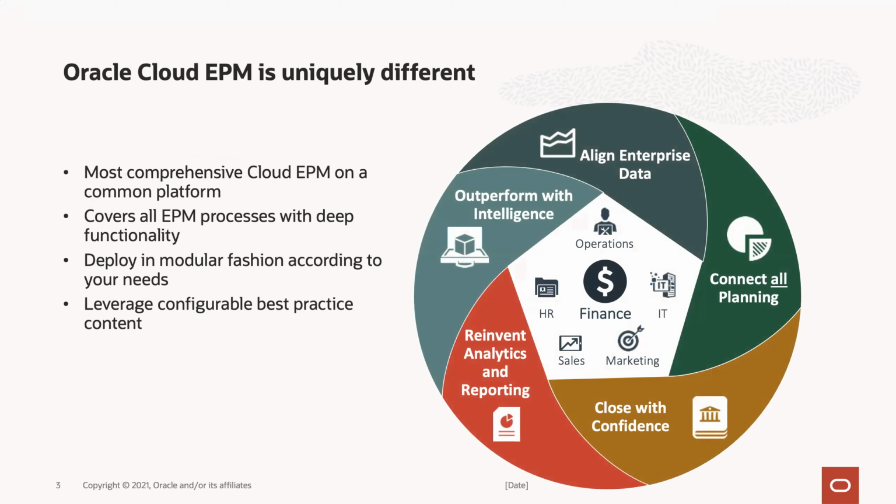So first off, just an obvious slide. Again, apologies for those of you who are regular attendees to webcasts like this, but for those of you who are newer, maybe to the EPM cloud, planning is part and parcel of a broader set of platform capability here. This is a slide we use to describe the entire EPM cloud, and you can see over on the right, in green, we have this concept of connected planning. And in the center of that circle, you'll see that finance is at the center of that, but it's also surrounded by things like the rest of the business, lines of business like IT, sales, marketing, supply chain and operations, and so forth.